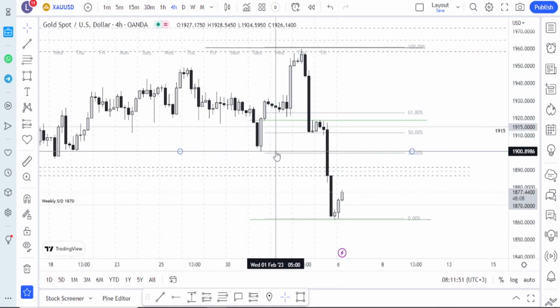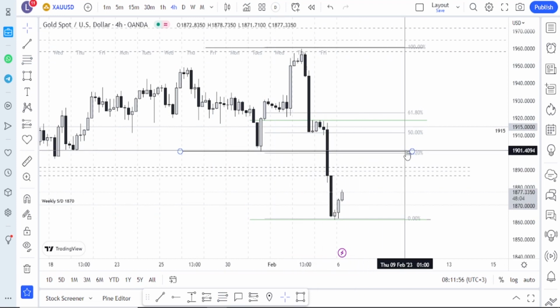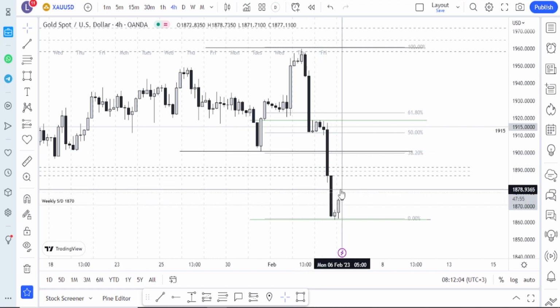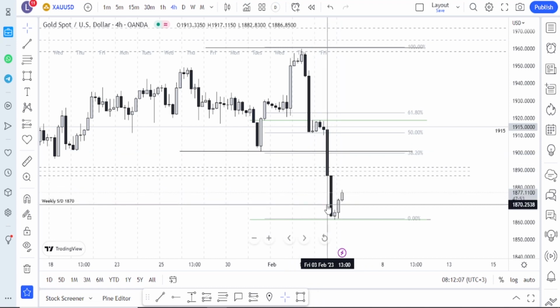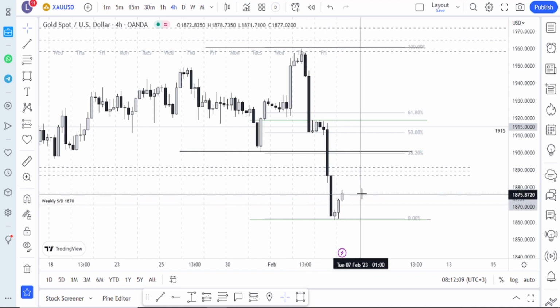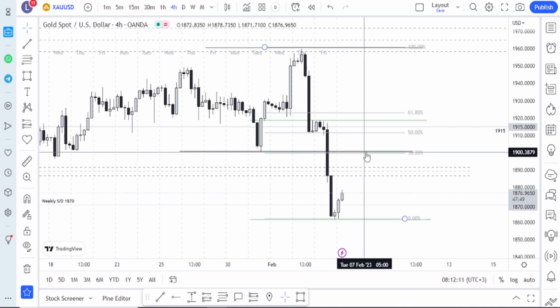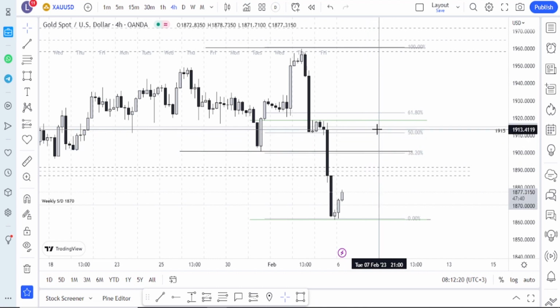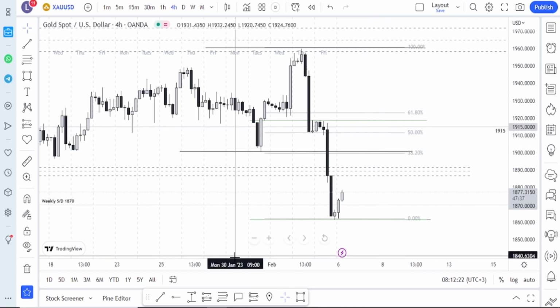You can see that this previous structure low coincides with the 38% of the fibs. And that's the closest area I'd be looking to sell, because even though price has a probability of dropping before it reaches that level, it's a lower probability. So I'd be looking right now to buy up to this point, or maybe even this 1915 level of supply and demand, because